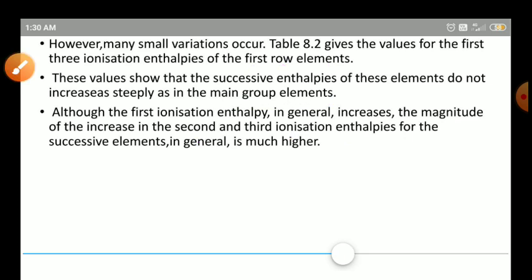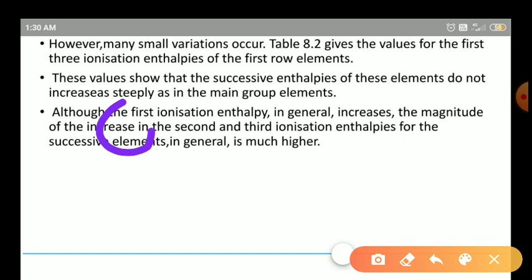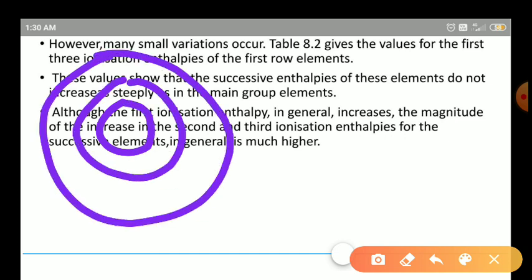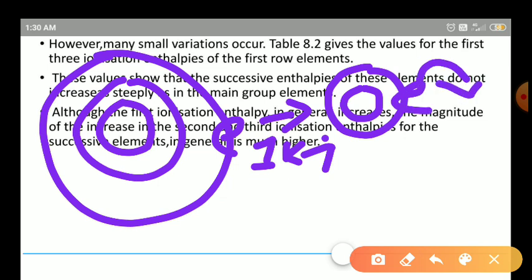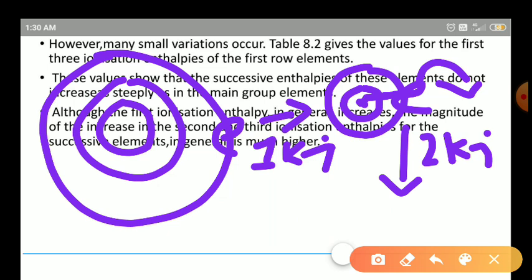So when you consider the element, if you remove the first electron, its size decreases and the nuclear charge increases. So here the removal of the first electron requires, say, 1 kilojoule per mole of energy. And the second electron's removal again requires higher energy, because here it has a high nuclear charge: this electron experiences the high nuclear charge and less shielding effect. So removal of this electron requires, say, 2 kilojoule per mole of energy, and again its size gets reduced here.